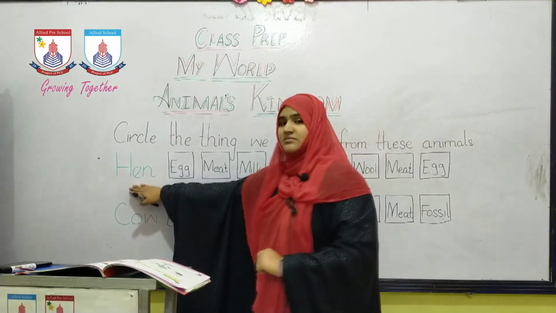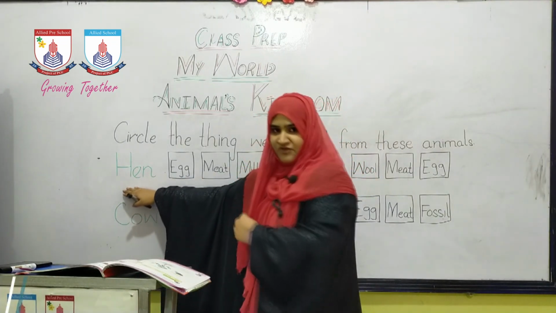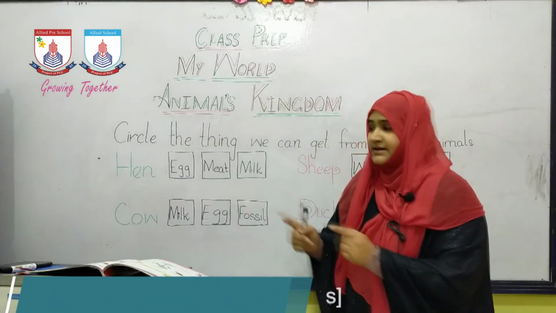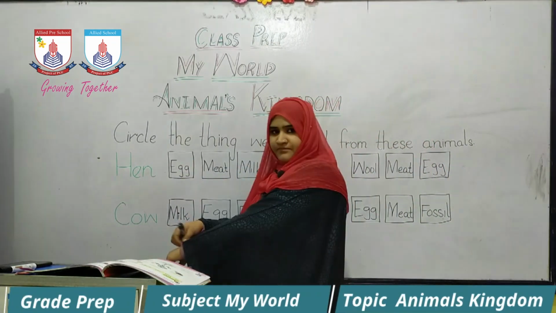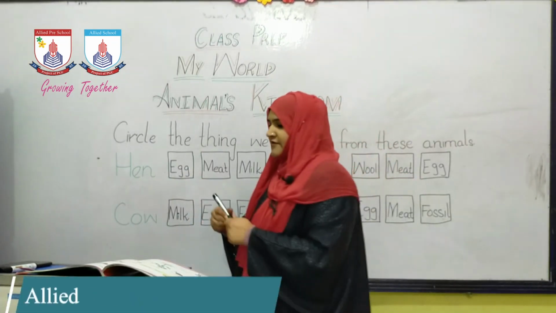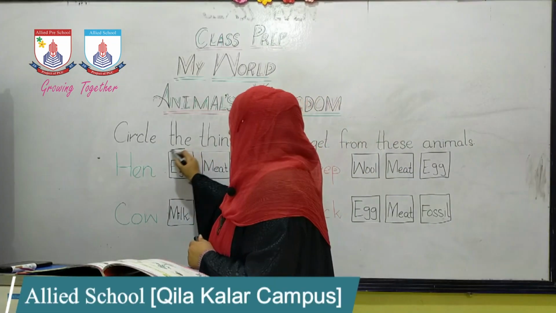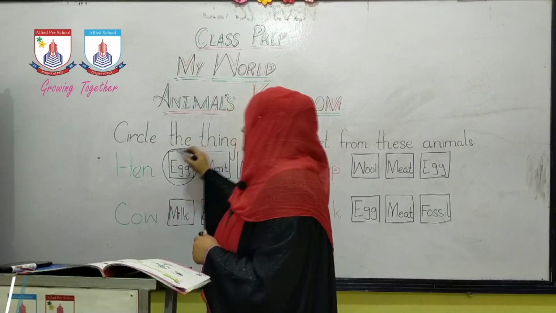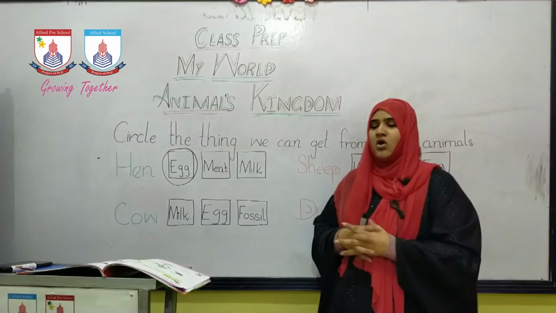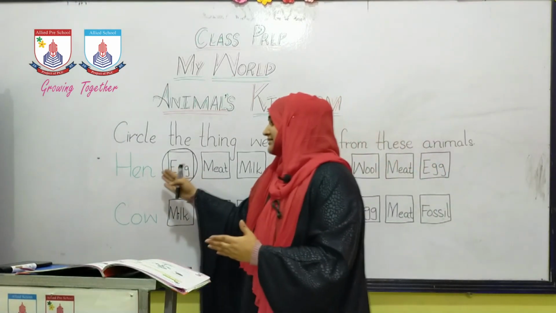Here the first animal is hen. So, do we obtain eggs from hen? So, yes, we obtain eggs from hen. So, we will circle the egg box. The next is